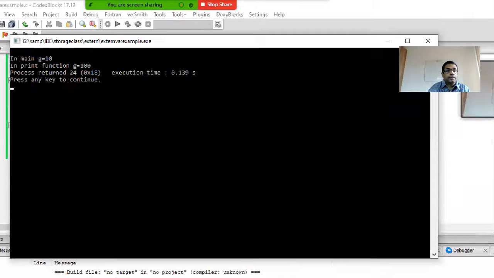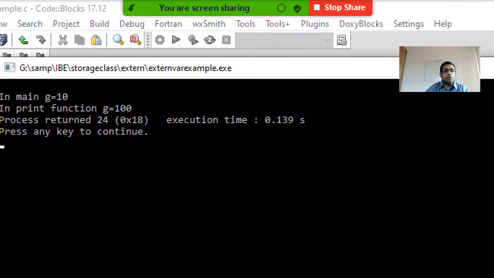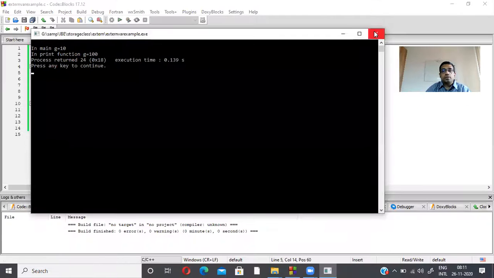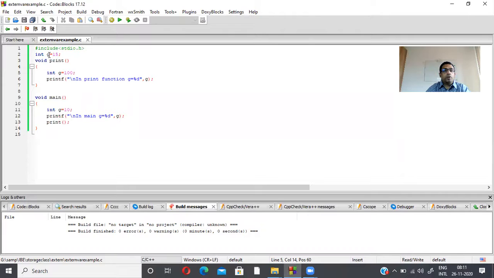What will happen? In main function g equal to 10, in print function g equal to 100. By declaring a variable globally, it automatically belongs to the external storage class by position. When declaring a local variable with the same name within a function, definitely the local variable will be active.